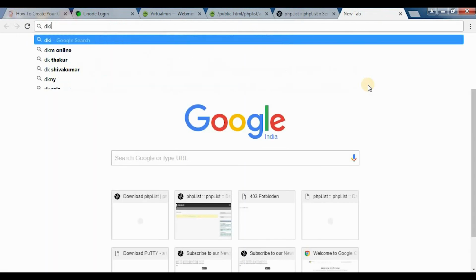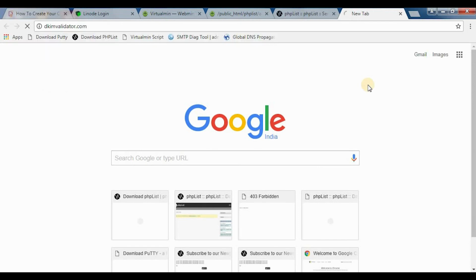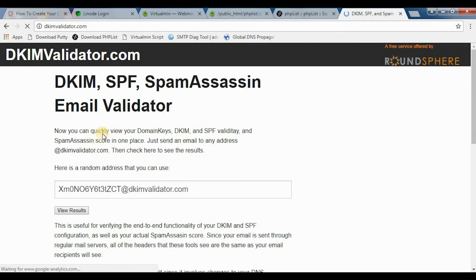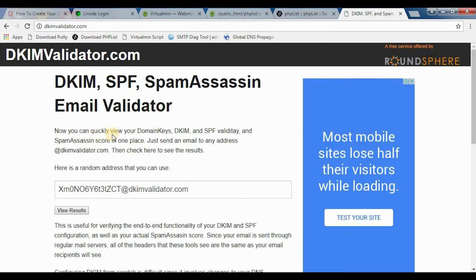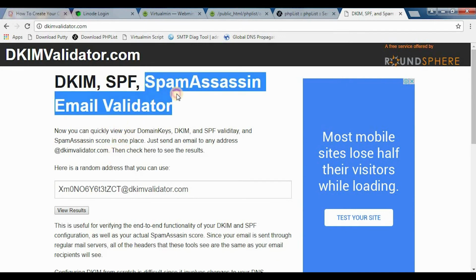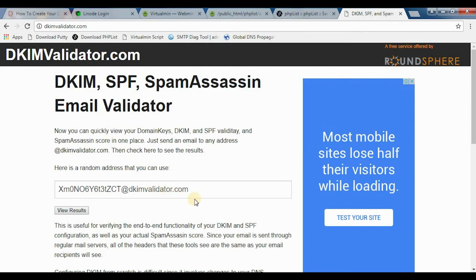I'll visit a website called dkimvalidator.com. This website actually receives an email from me and then tells me whether the email was perfect. Did it have DKIM records? Did it have SPF records? And did it qualify for the SpamAssassin email validator? So just copy this email address,